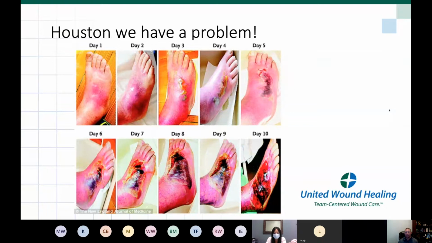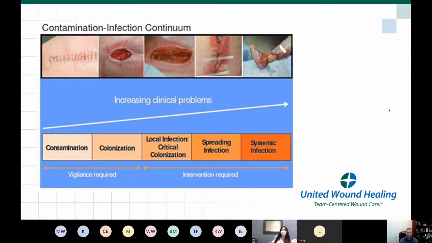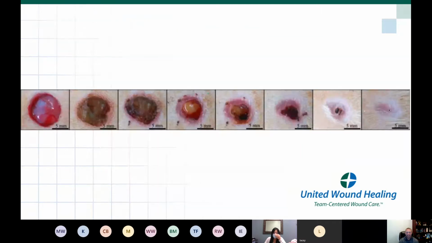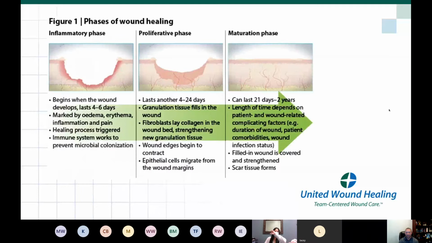You don't wake up one day typically with a wound infection, although you can't always see what's happening underneath the skin. So if you have a surgical incision, it could be 22 or 23 days later and you don't realize it because everything is good up here, but not so good down below. So there's a continuation of infection and it follows a progression. Just like this healing phase is a progression,